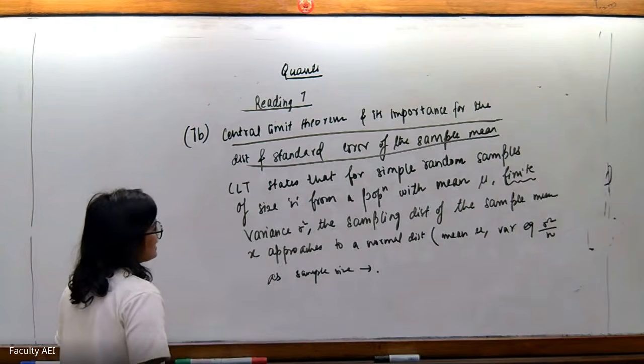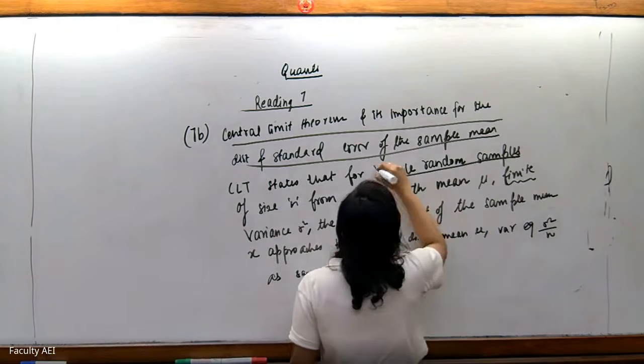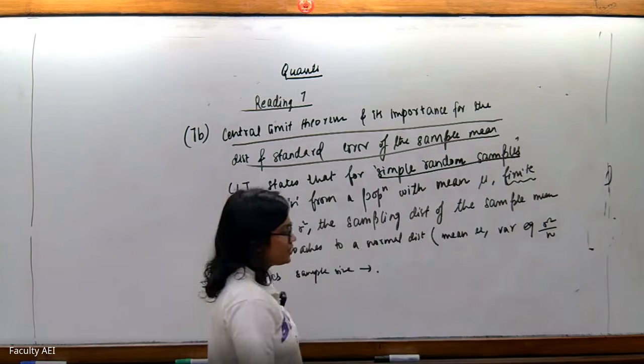So your CLT states that for a simple random sample, no other type of sample,